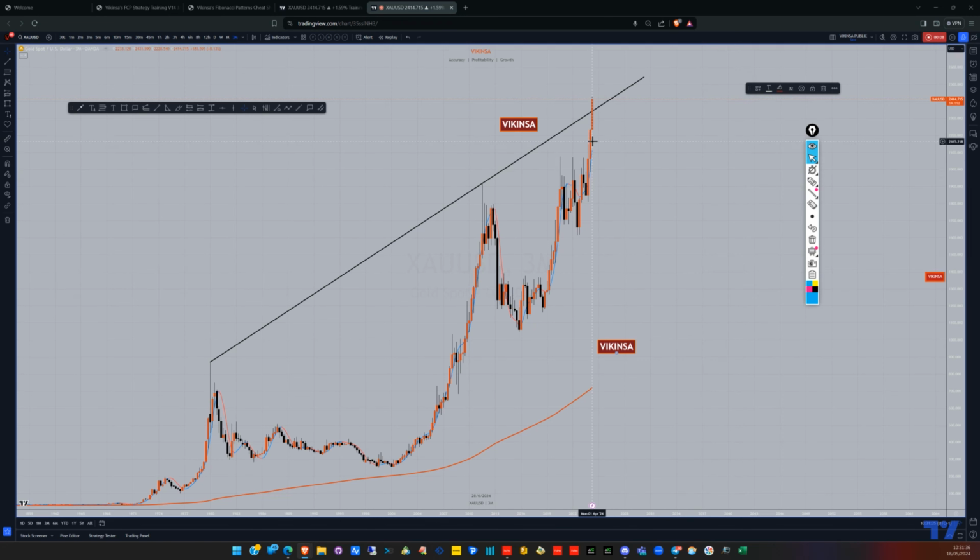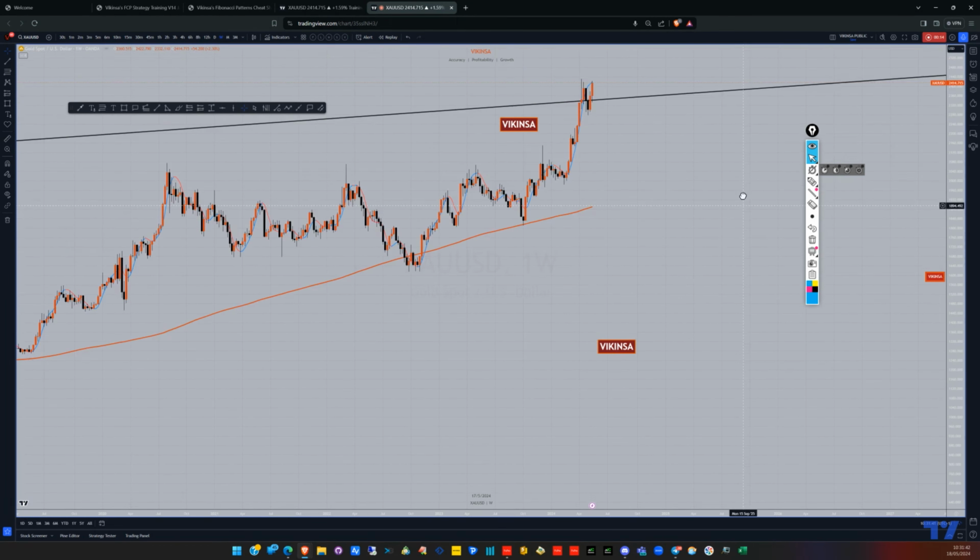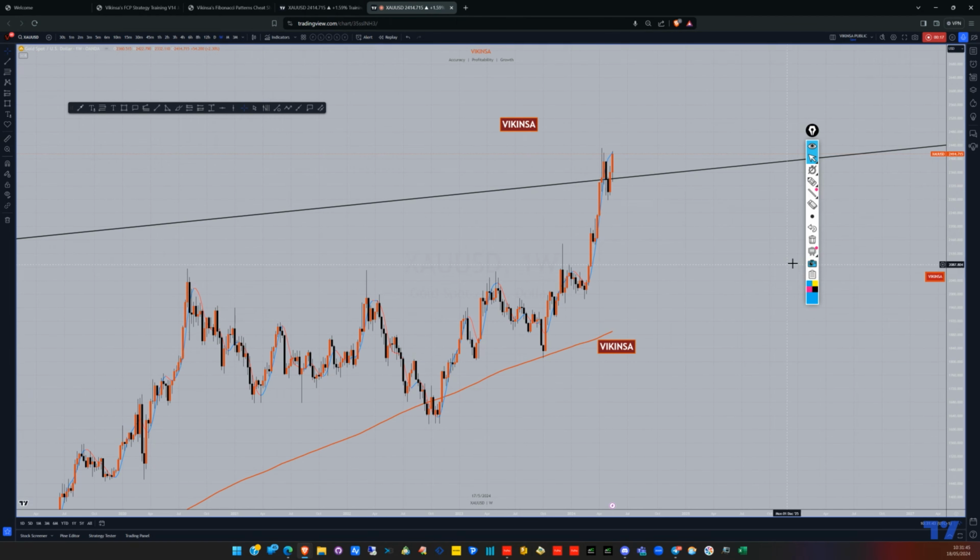Gold has been rising high, and in the last week it has tried to reach an all-time high here. So what we need to do is revise the analysis and look from a fresh perspective at what is going on. Is it going for a new all-time high? And if it is doing that, then what are the targets or levels it can reach? And if it is creating a bull trap or something like that, then what can be the targets to the downside? So let's find out in this analysis. Stay tuned.